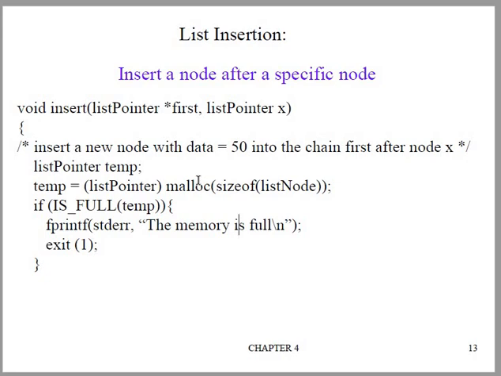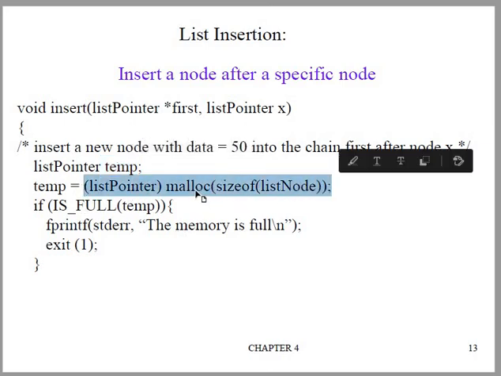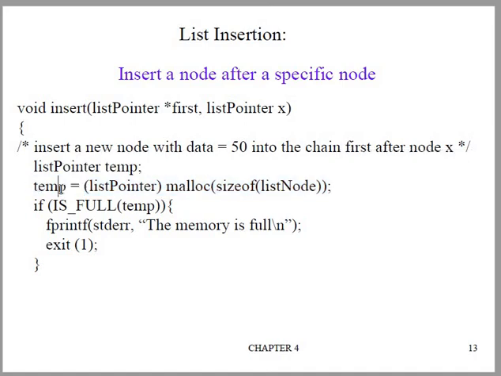Now, how will the insert function work? The insert function is defined in a way that the first pointer will be passed. We are going to insert at the beginning of the linked list. Where you want to insert, that node's address will be given, and what data you want to insert, that also you have to give. The node you are creating will be the temp node. Now we will allocate node-size memory space. One node will be allocated using the malloc function, and its address will be stored in temp.